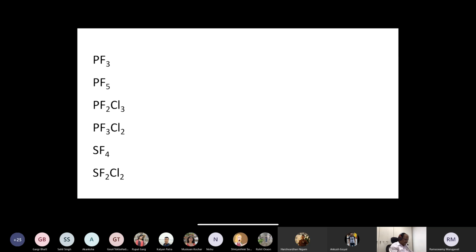I just took the example of PF5, and then started substituting the fluorines by chlorine. Then I took SF4. There are 3 sets of molecules here. PF3 is like ammonia, there's nothing there, but you can do PF2Cl, PFCl2, and other possible compounds, and try to assign the point group for all these molecules,